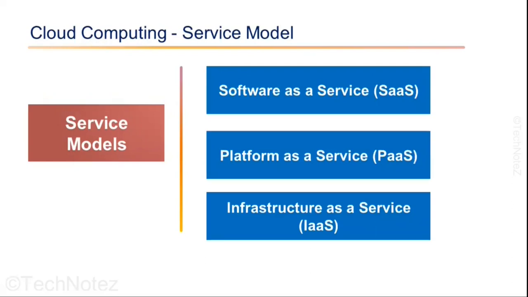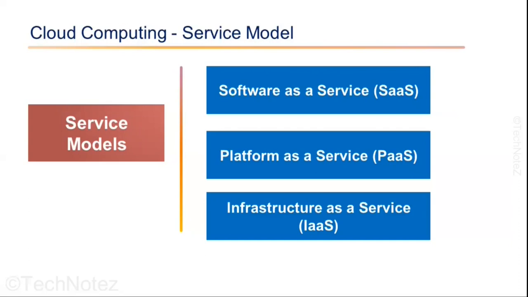Before we talk about the service models of cloud computing, let's take a very famous analogy of ordering a pizza to understand them. Let's say you want to order a pizza, then you have two options. One option is you can order it, and the other option is you can open a store, hire the staff, and cook the pizza yourself. What will you do? Most likely, you will order the pizza from the pizza store, which is a quick and easy way to get it. There are pros and cons of each approach.